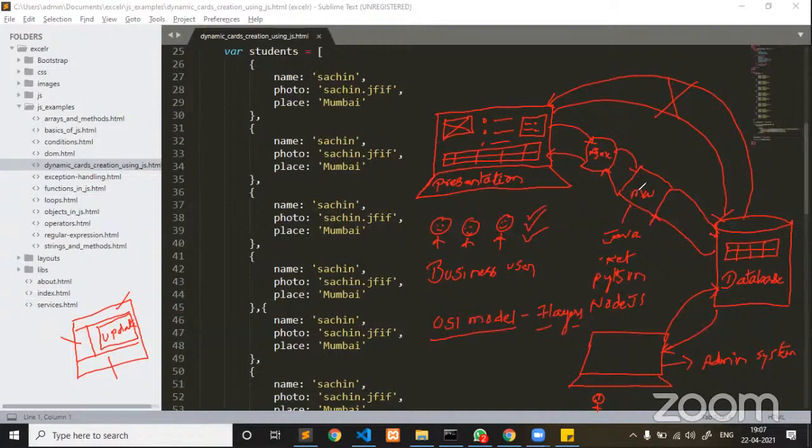Very simple example. If you are taking your own decisions, if you have the capability to take your own decisions and you are not depending on your parents, then your growth will be high.